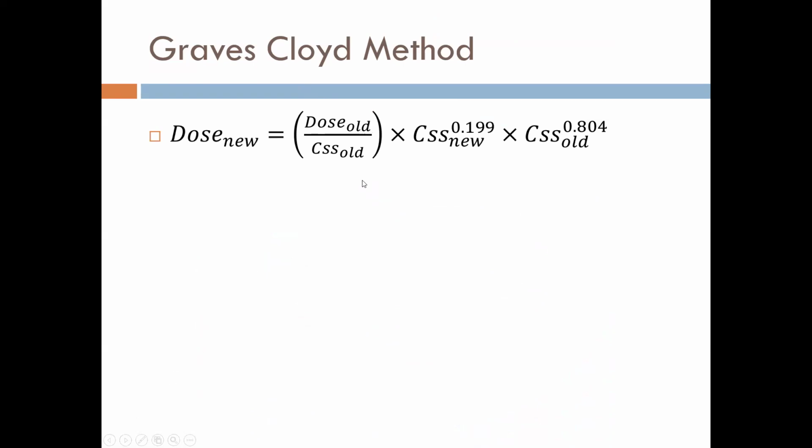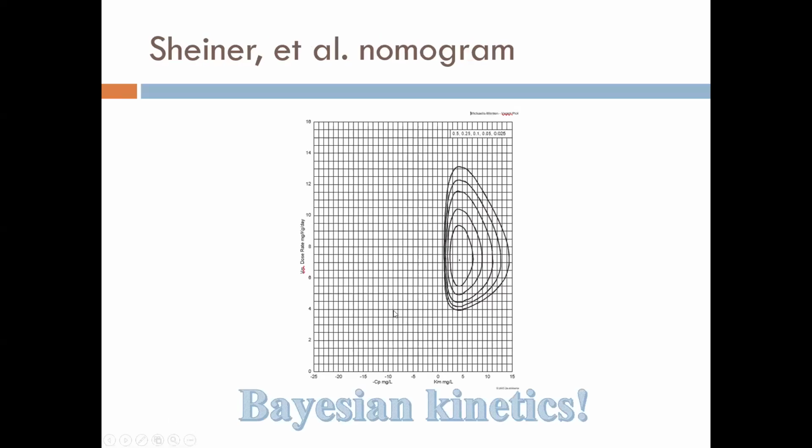We don't really use this. It's pretty cumbersome, and I don't think there's a lot of evidence for it. I mean, they did a study and it's good, but we just don't use it because it's a little too hard. Same thing with using this Shiner nomogram, which I really like, and I used to